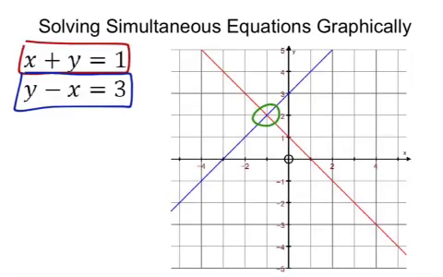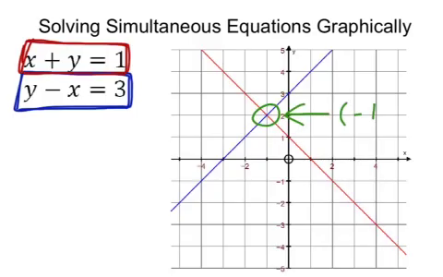Every point on the blue line is a solution to the blue equation, y equals x plus 3. And every point on the red line is a solution to the red equation, y equals 1 minus x. So the simultaneous solution is where both equations are true, and that is at the point where they cross,